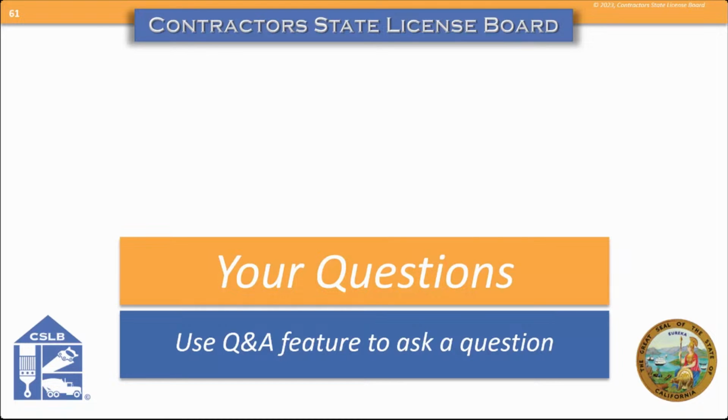So all of that information is on our website as far as the bonding requirements. You can get a bond through a bonding agency. There are alternatives to a bond, such as our cash deposit bonds, where you would put a cash deposit on file. Once again, that is under our bonding requirements on the CSLB website.